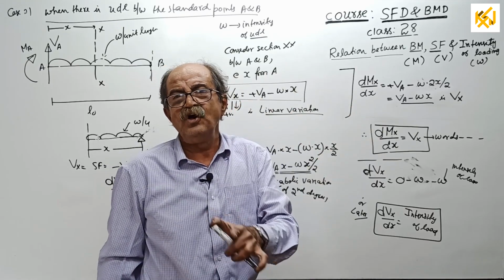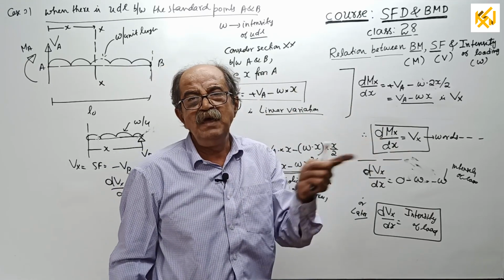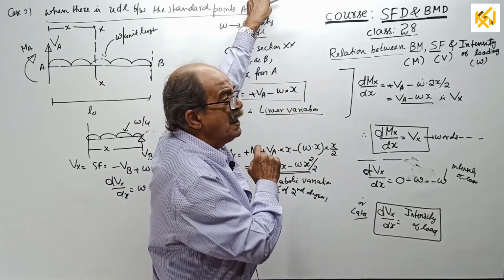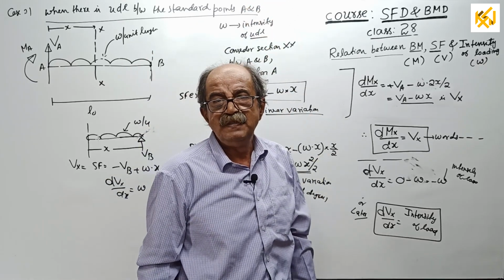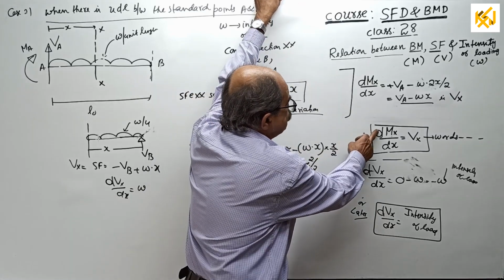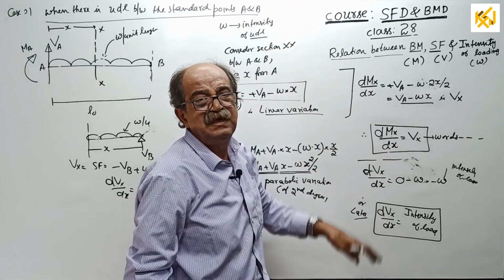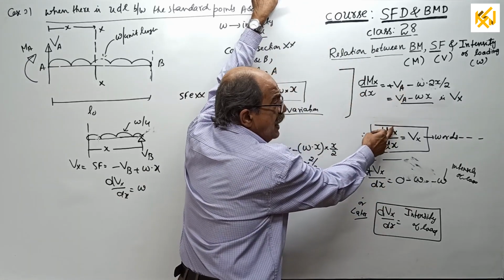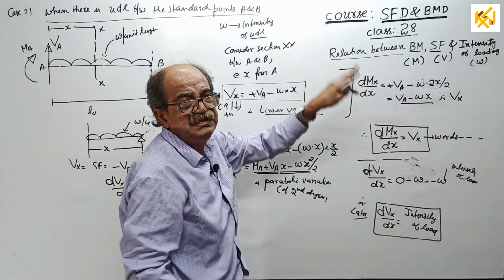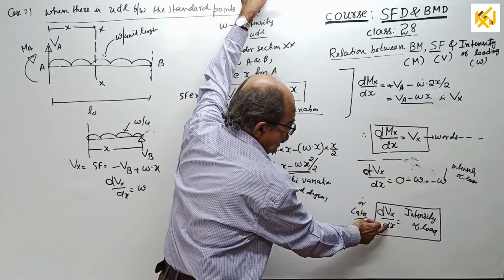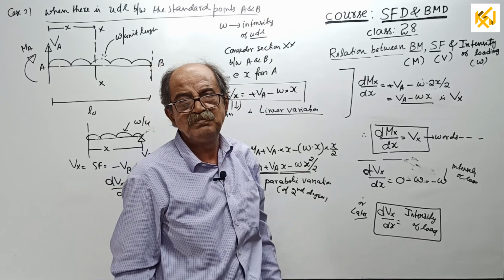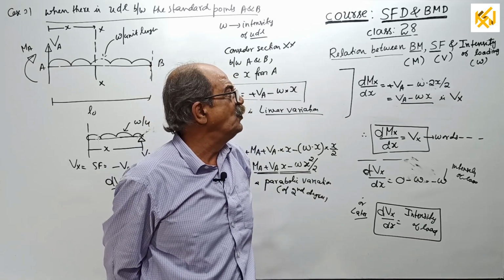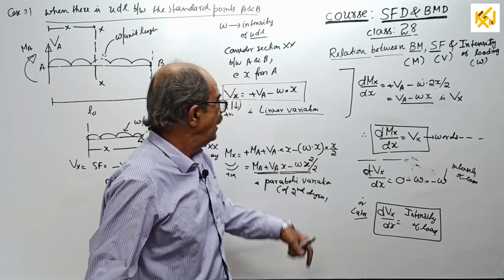That minus because of sign convention that I will explain to students when I take numerical part later. When the minus will come, when minus will not come. Therefore, even for dMx by dx also sometimes can be minus Vx. So, signs are not required. What you want? Rate of change of bending moment is shear force. Rate of change of shear force equal to intensity of load. Then he told, sorry, you are right. I don't want to tell him, I will be always right only.